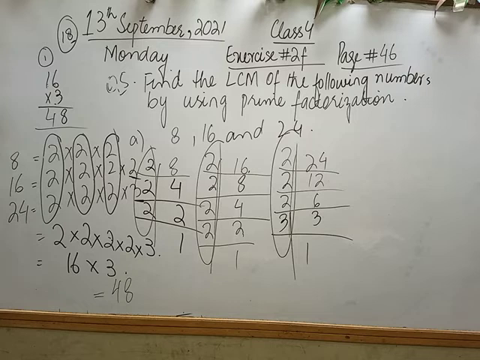Then I will write only one time which is common in it. अब 2 common था, I will write only one time. 2 again common था, I will write one more time. Then I will write one more time, which is 2. And in the end, if you look, 2 and 3 are still uncommon, not common, so you will write as it is, which is 2 into 3. After multiplication of the whole numbers, we have 48 in the end, which is your answer.